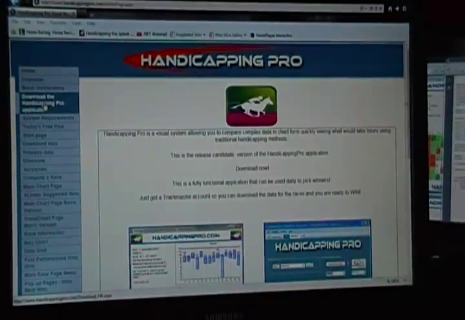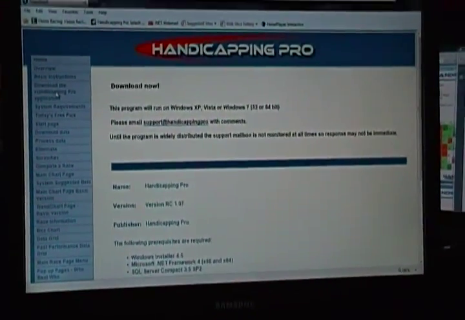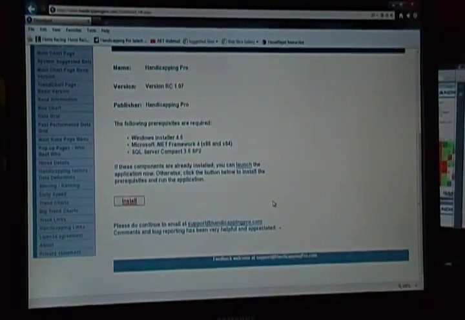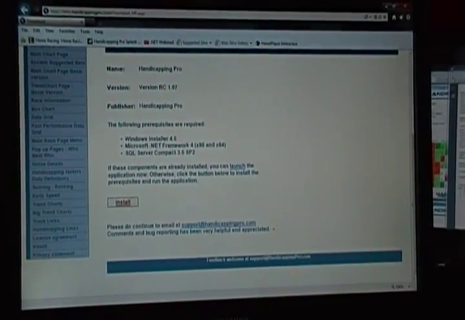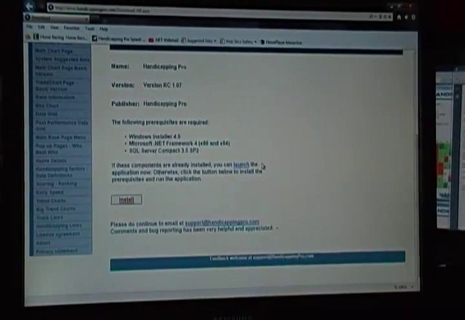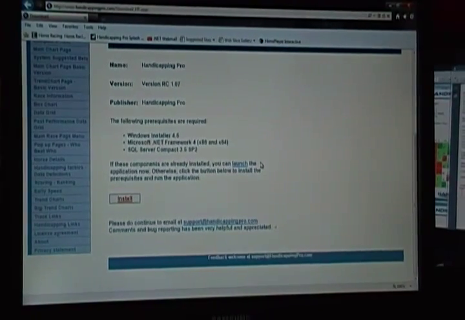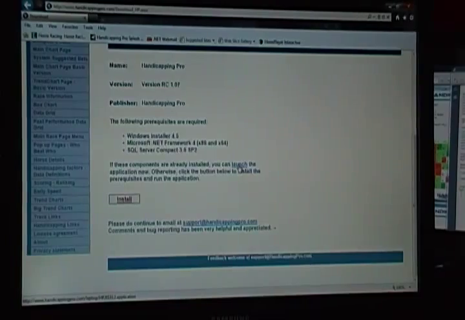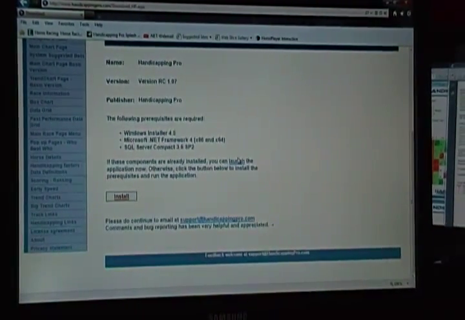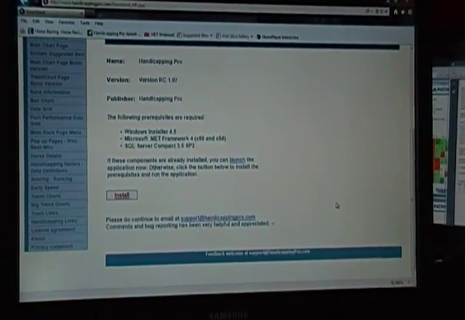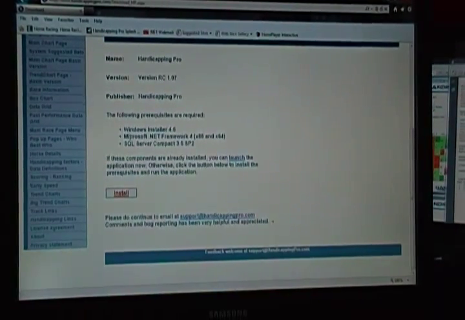First thing we're going to do is download the Handicapping Pro application. So you click on download the application here. If you already have a previous install, if it's one of the R releases, that's fine. Just click on launch. It'll update to the latest version. If you have an old version, just go to add remove programs, uninstall it first, and then click the launch to install. If you haven't had Handicapping Pro on your computer at all, it does have some prerequisites like SQL